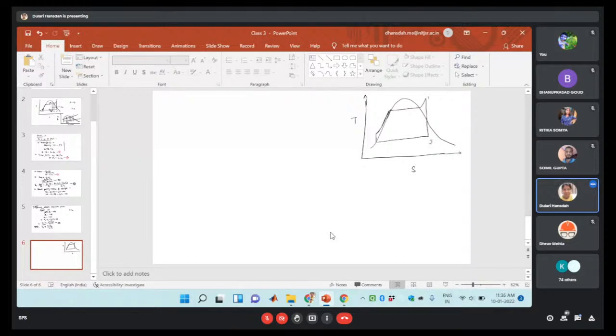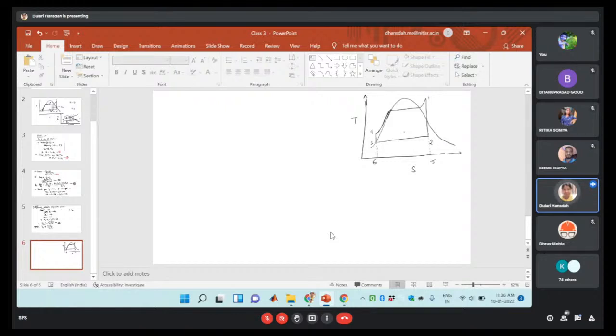So 1, 2, 3, 4, 5, 6. If you observe this TS plot, Q1 is your heat addition and Q2 is your heat